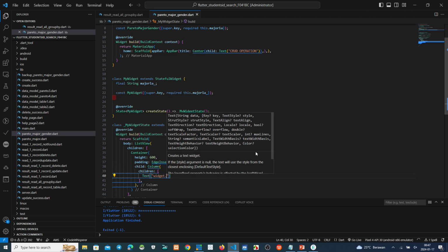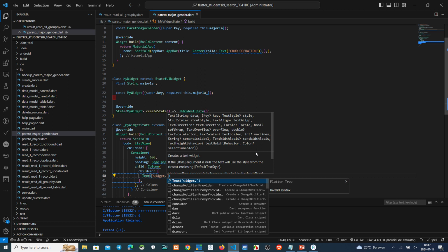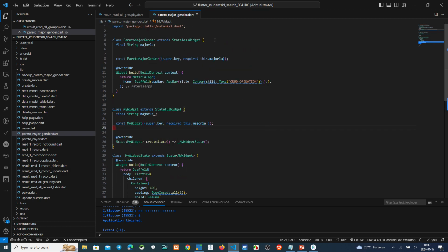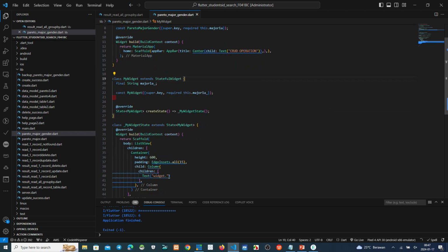Where is the parameter name here? Okay, moment. From this stateless, stateful, the stateful here, measure 1A.